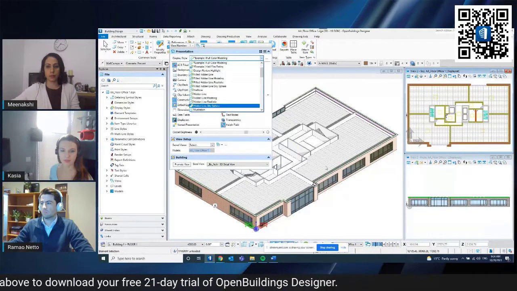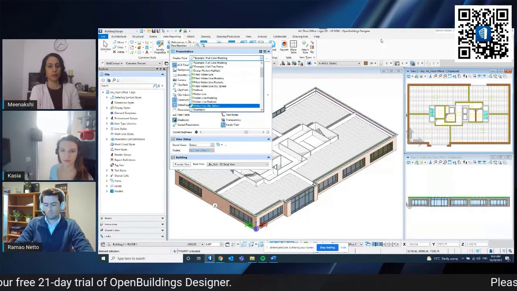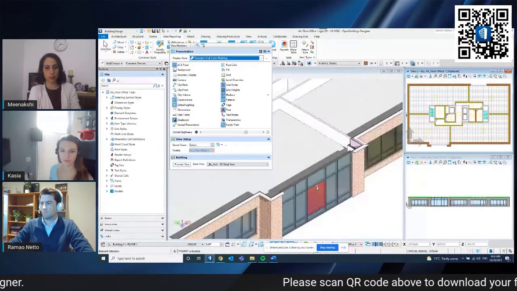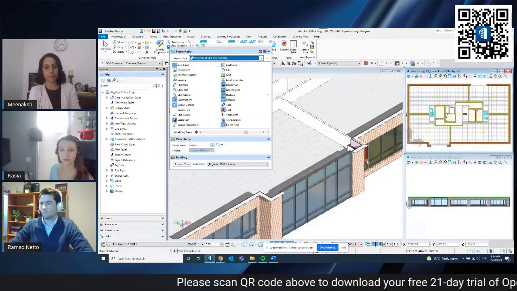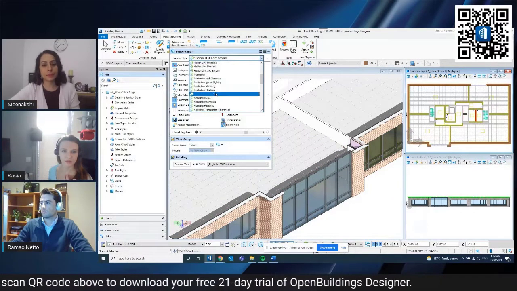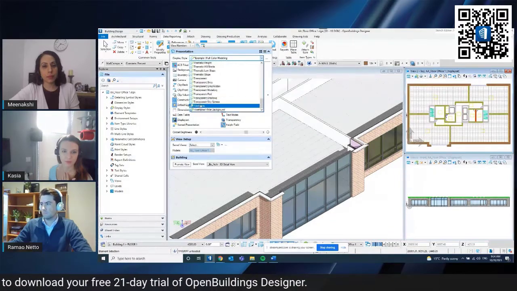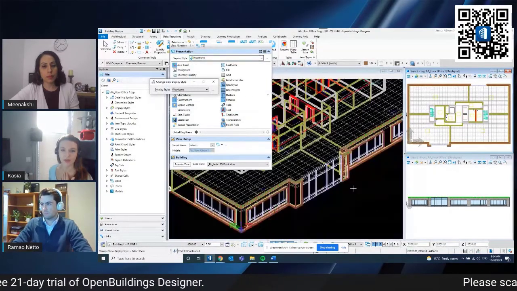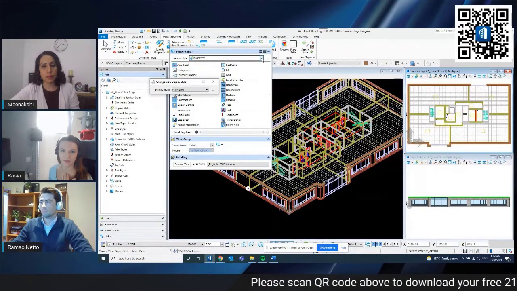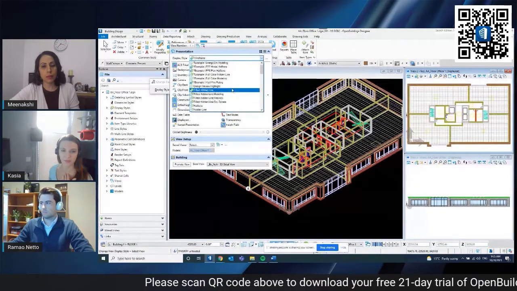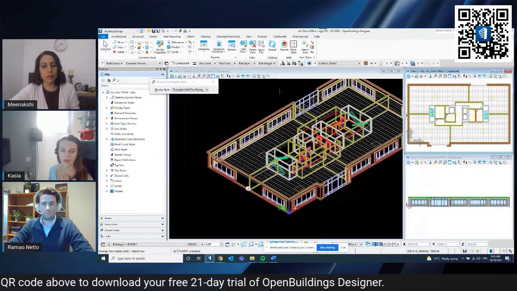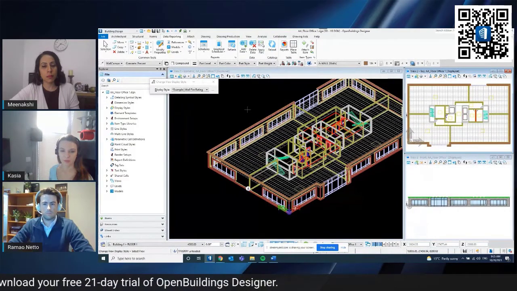So for example, now I can see it with the materials applied, with the shadows, with the materials that it has, but I can change it to different types, and I can also just apply it to the wireframe. And what I can use it for regarding standards, I can for example, apply now the wall fire rating display style, and again I will click to confirm,